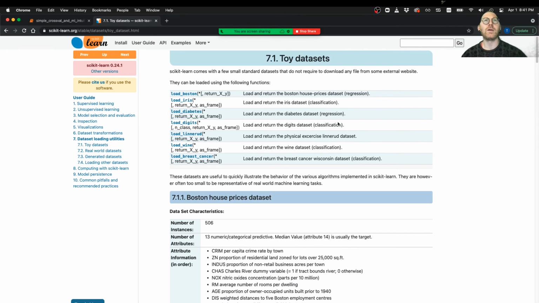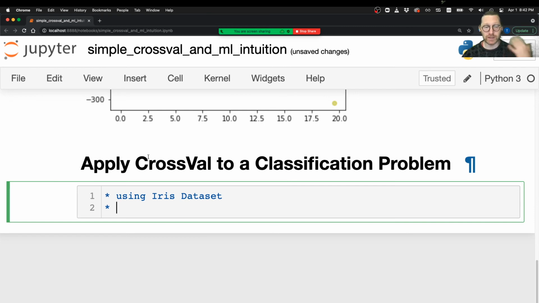MNIST. We've got, I've never actually looked at this one, the physical exercises dataset. Never looked at that one. But these other two I know, the wine data set and the breast cancer Wisconsin data set. So these are all toy data sets. They're reasonably clean. And what I mean by that is data is almost always really dirty, and these are just easy to use. So you can quickly take them and leverage them against some problem and test out a model,